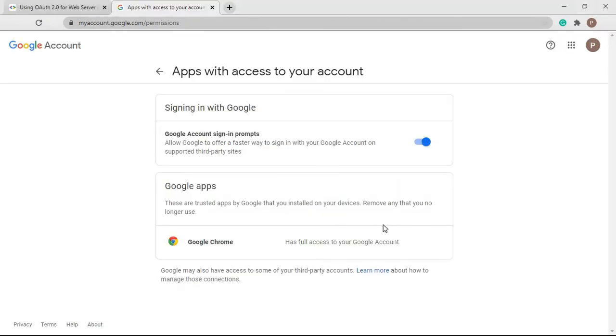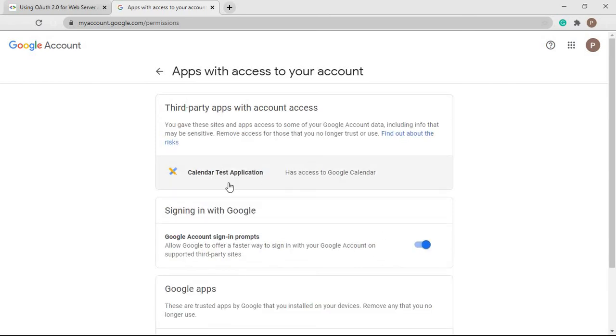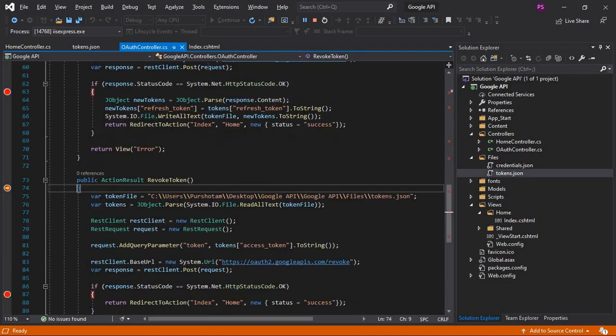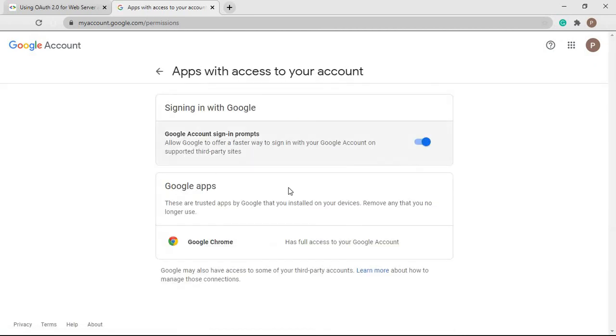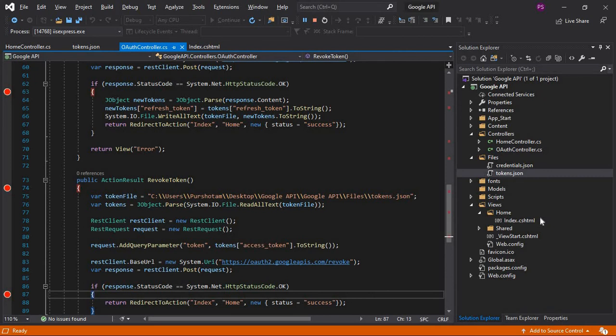I have signed in, and let's see whether it is installed in our account or not. We can see again it is installed in our account. So let's revoke it again. Revoke. Let's refresh the account now. So it is removed. This is how we refresh and revoke the access token.